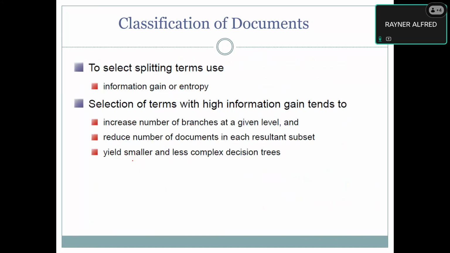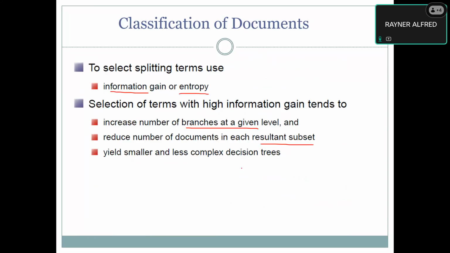Okay. So we use the information gain or the entropy to select which term we use to split your document, and then the selection of the term with high information gain tend to increase number of branches at a given level and reduce number of document in each